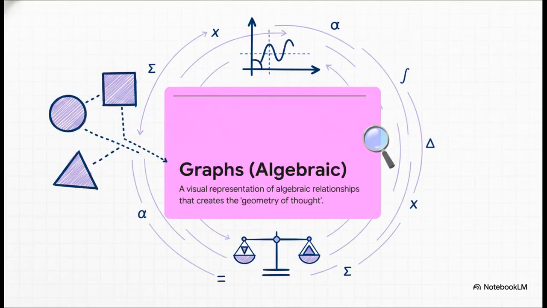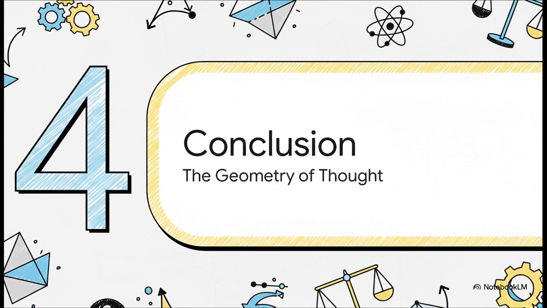So how do we actually see this journey? We use graphs. A graph does something that is frankly miraculous. It translates pure abstract logic into a physical shape you can see with your eyes. It creates what you could call the geometry of thought, letting us literally see the relationships we've just been describing. All right, let's bring this all together. When we step back and look at the entire system, from the tiniest atom to the final elegant graph, a really powerful picture starts to emerge.